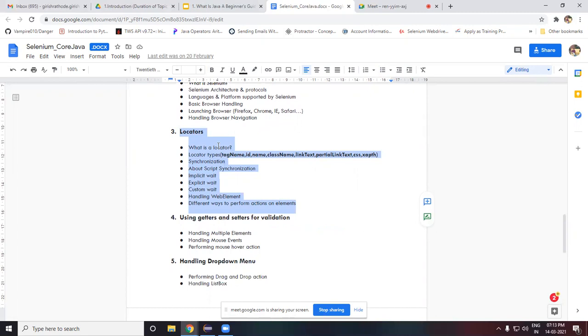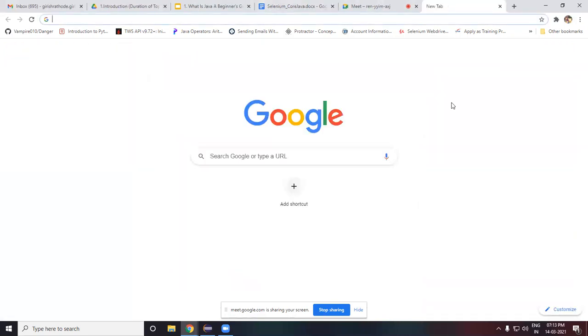Suppose, for example, I am trying to automate a Gmail application. Here I need to click on an element, so I need to specify to Selenium's web driver that I need to click on this element.